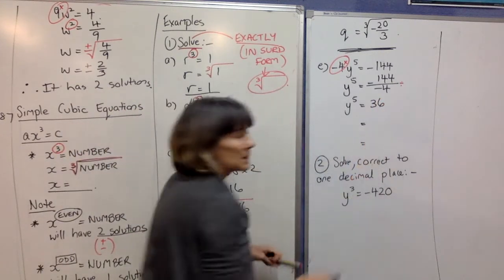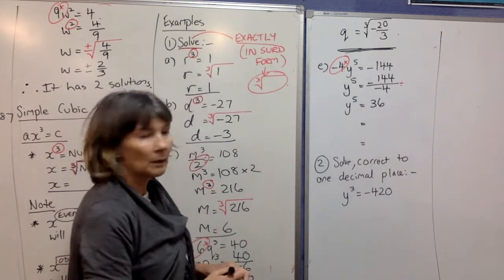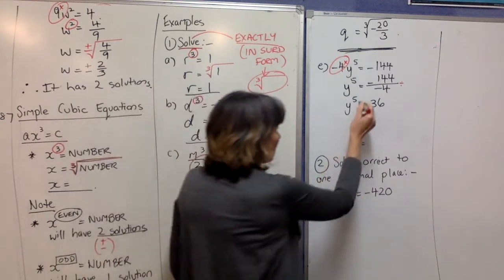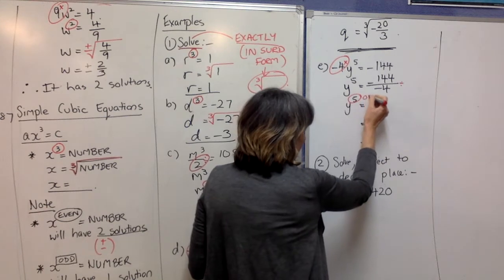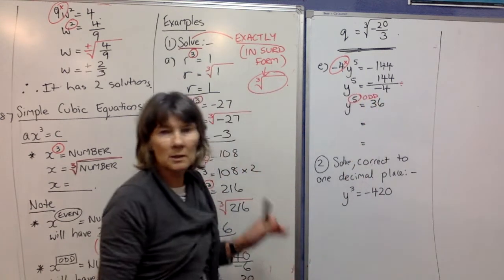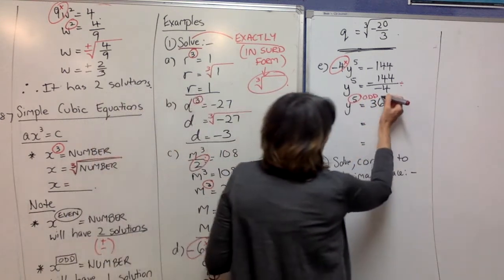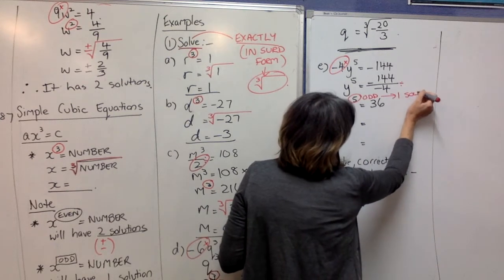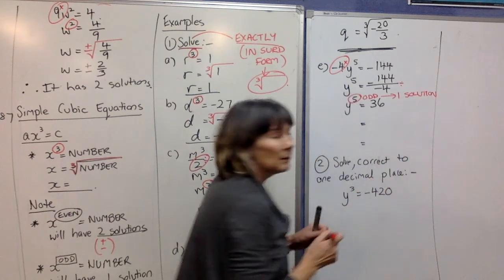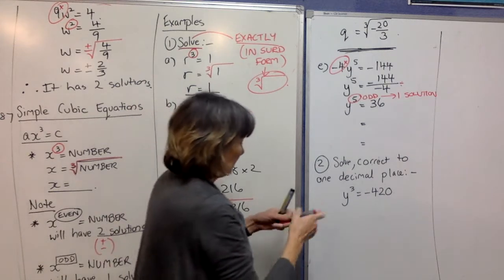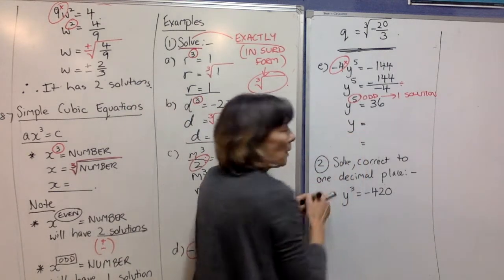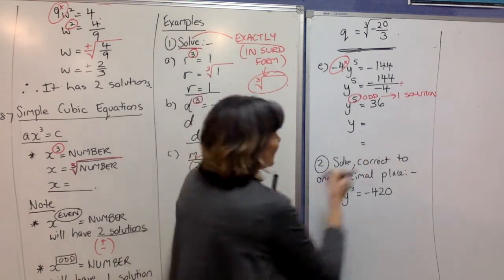So far it's a nice number. All right, now have a look at the power. It's odd. Odd powers only have one answer, one solution. So we can keep going. We're only going to have one answer. So what do we do? Opposite of power of 5 is 5th root